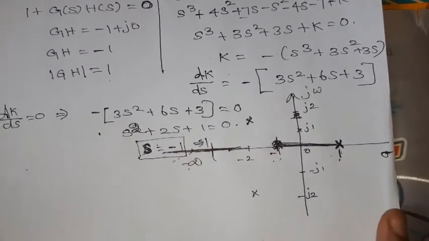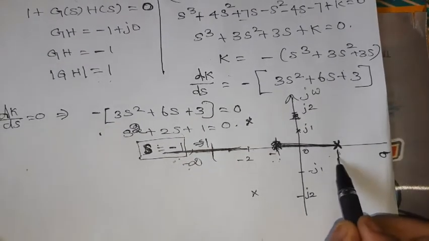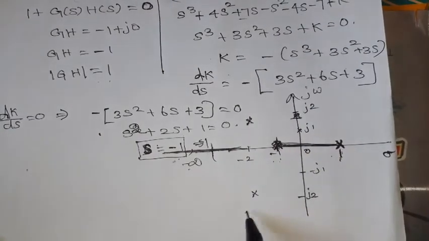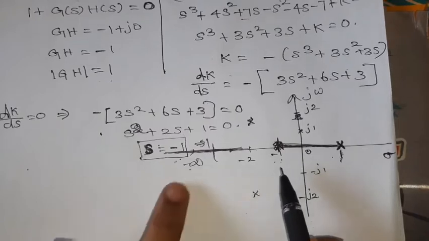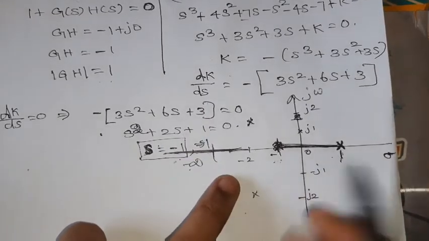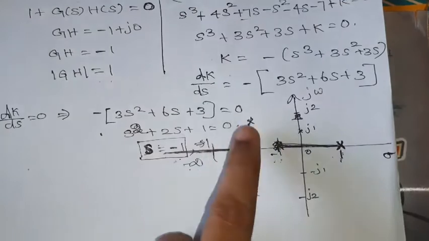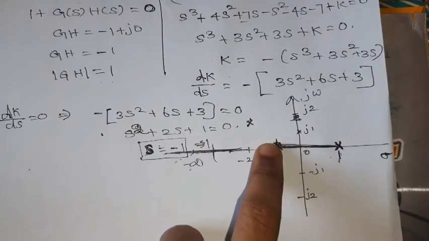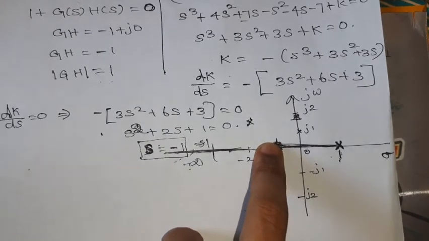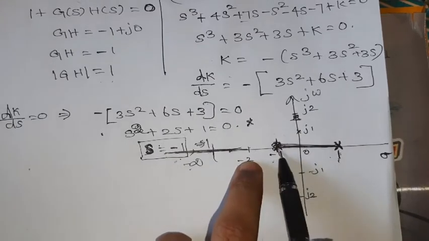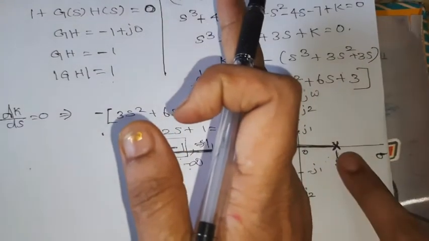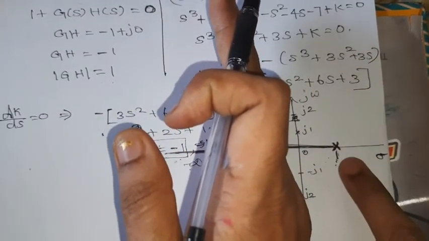Then we will draw the root locus. At s is equal to 1 we are getting 1 pole, and minus 2 plus or minus 1.763j, these are the locations of the poles. So the root locus, when the breakaway point is minus 1, this is minus 1. When we are checking this point, to the right of the section, the number of poles should be odd. So when we check from here to the right of the section, how many poles are there? Only one pole is there.